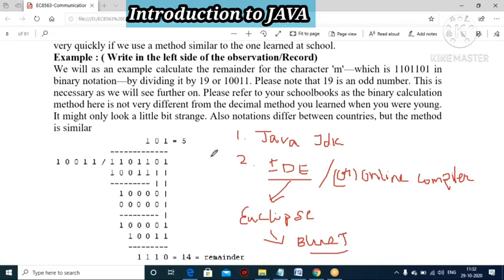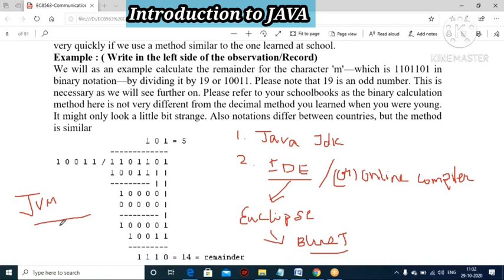Here we have the Java Virtual Machine, that is JVM. Where is it found? It is found in your RAM.